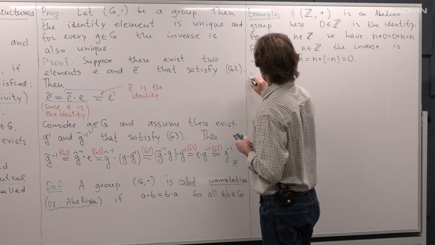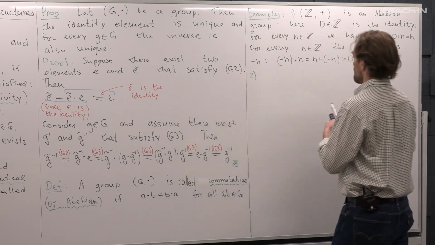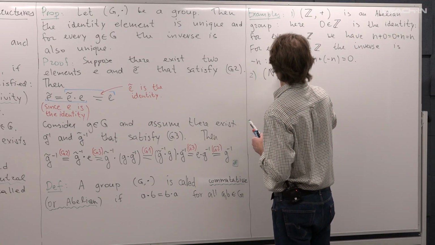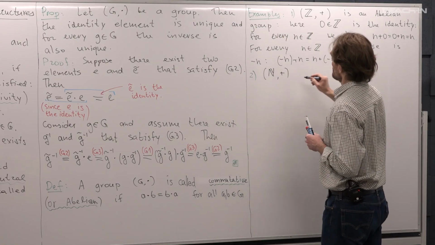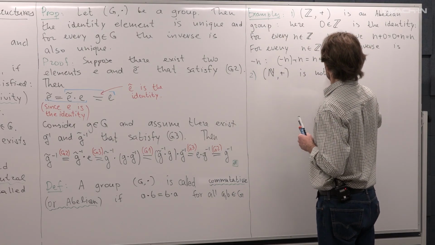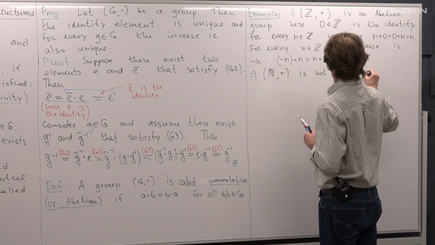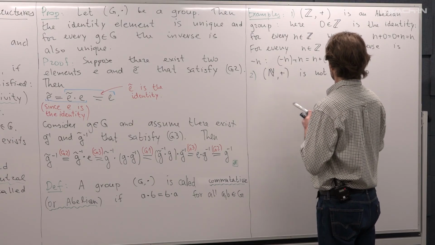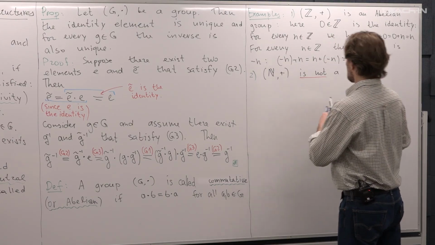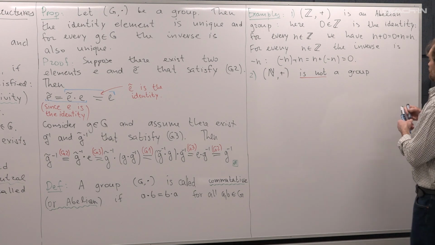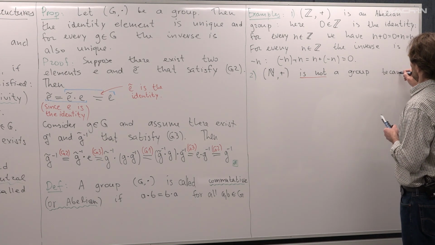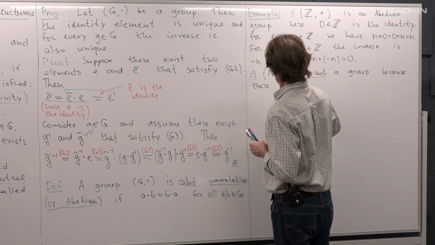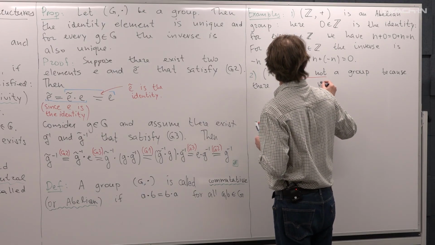Then the second example, the set of natural numbers with respect to the same operation is not a group. So it is not a group because there is no identity element